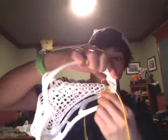You're going to take your string, and the first thing you're going to do is put it through the hole in the scoop, in the top of the head. First things first, you put it through the scoop. It's very important. Once your string is through the scoop and coming out the front, it's going to go back through the front of the mesh, and it's got a hook